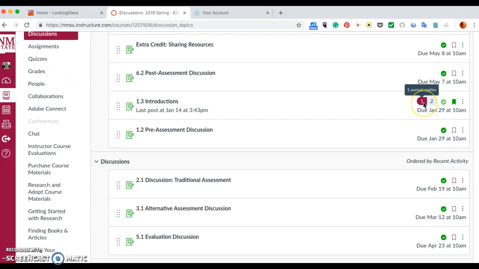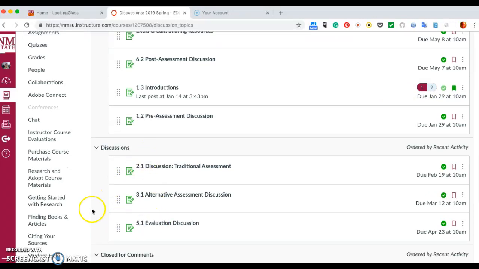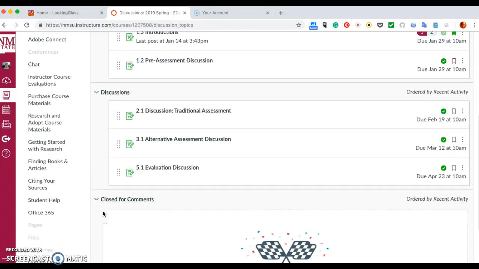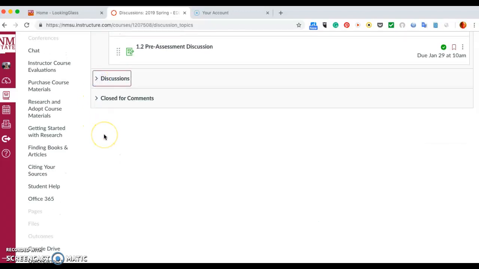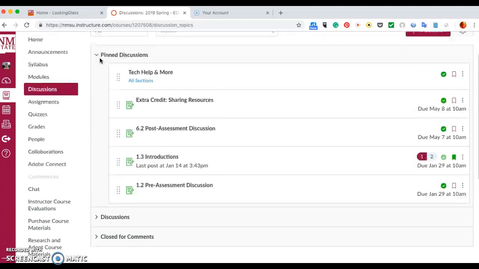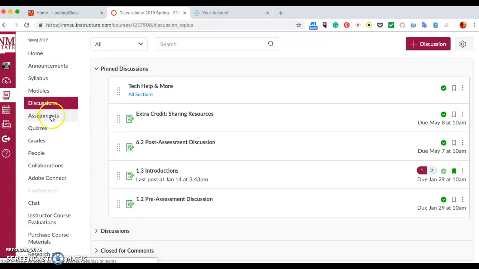And you can see I have one unread reply. Woot woot, somebody I think has gotten into the course. So we do have our discussions in every unit except 4, and we don't have any closed discussions because we haven't really started the course yet. But you can access the discussions from within the module or via the discussions button on the side.